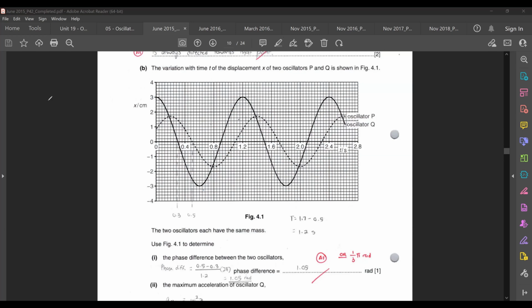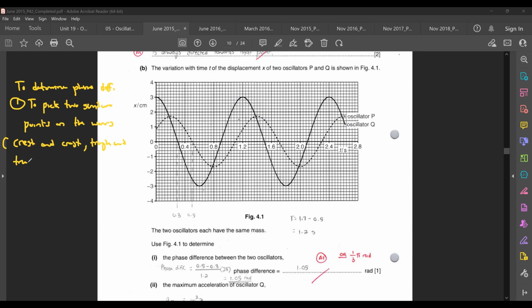So when you wanted to determine phase difference, what you generally had to do was to pick 2 similar points on the waves, which could be crest and crest, trough and trough, and etc. Then after that, what you can do is to find the difference